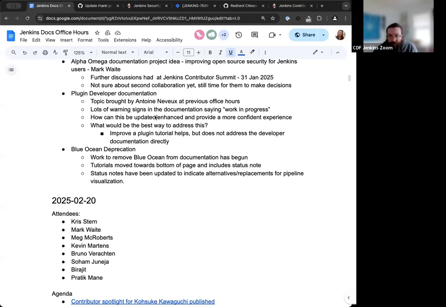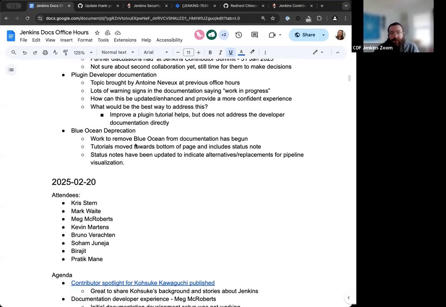There are a handful of work in progress pages in the plugin developer documentation. So this would go a long way in removing some of those and providing more information at the same time. So win-win for everyone. We get better and more thorough documentation, and readers and users are able to rely on those pages to get the help and the information they need.